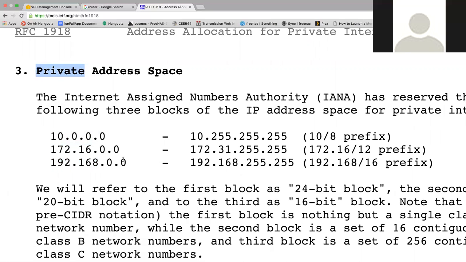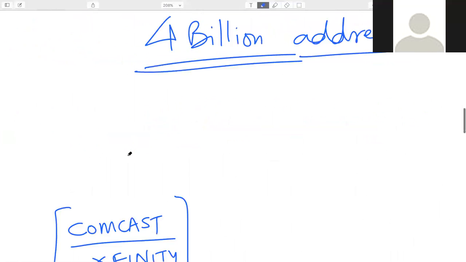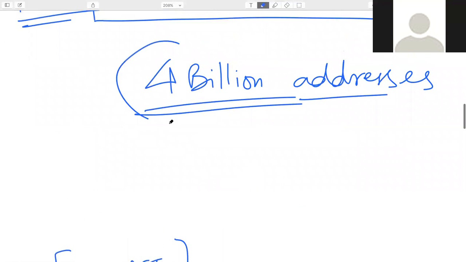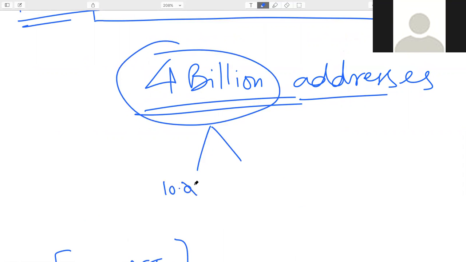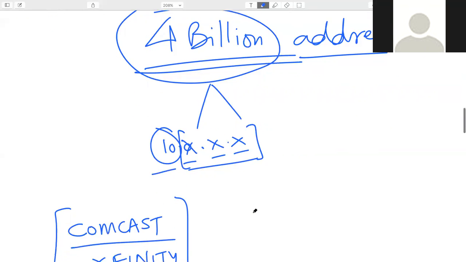They cannot be on the public internet. That's what it means. So it is a subset of this 4 billion, out of which 10.x.x.x, whatever you have here, you can have any number you feel like, except that the first entry has to be 10, or otherwise